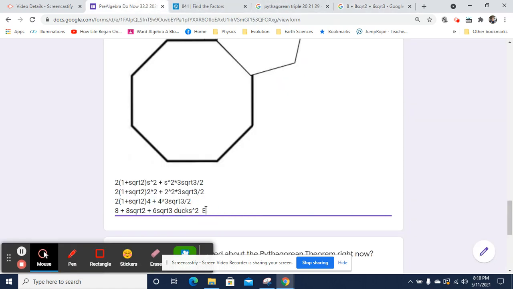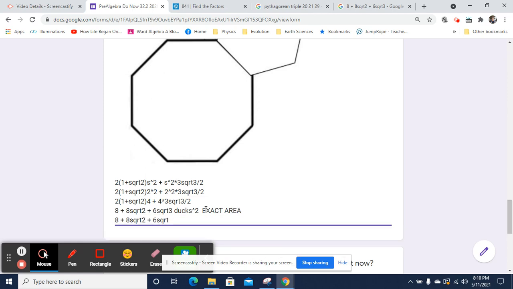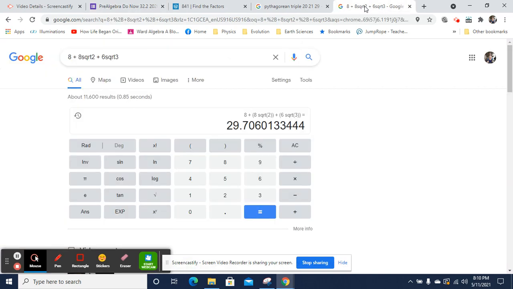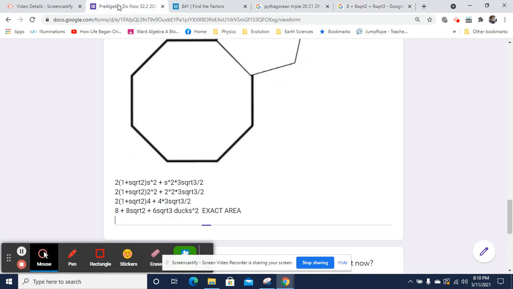So that's this exact area. And then, oops, go back there, 29.7 square ducts estimated